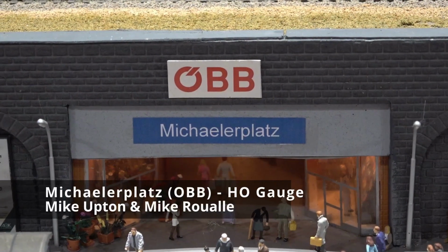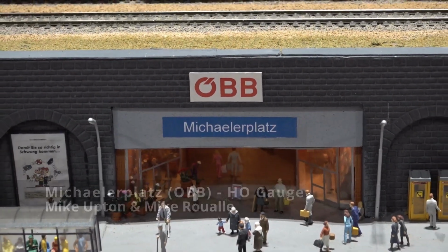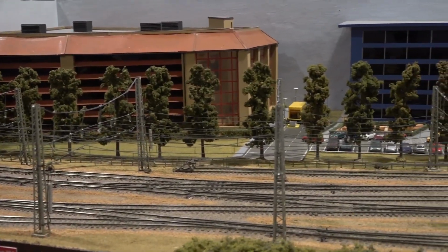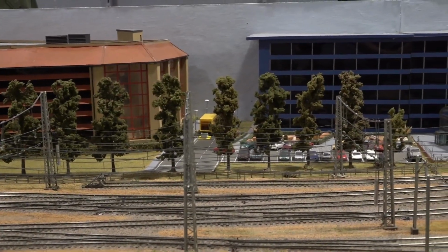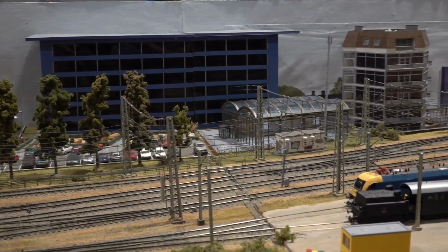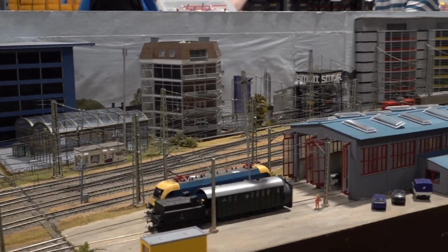Michaelerplatz, OBB, HO gauge. Exhibited by Mike Upton and Mike Rule. Michaelerplatz, OBB, is an important S-Bahn station located on the outskirts of a bustling city in Austria. This station plays a crucial role in connecting the local residents with various destinations within the city, as well as